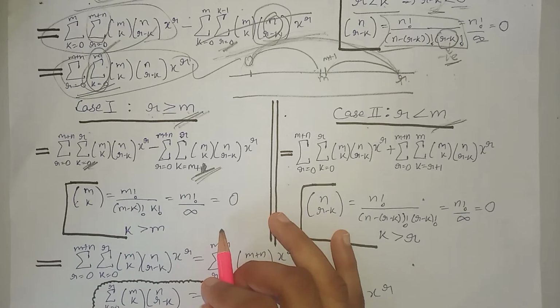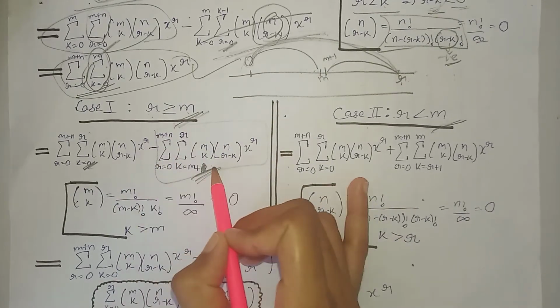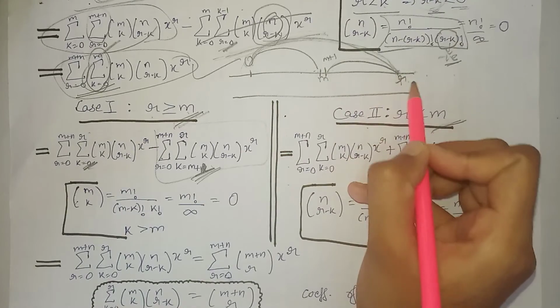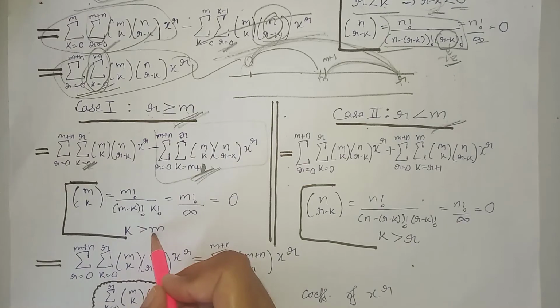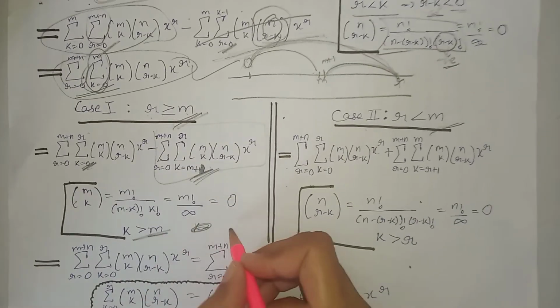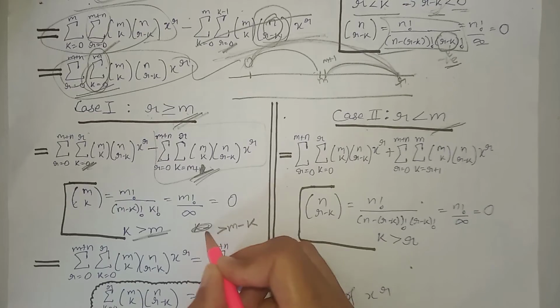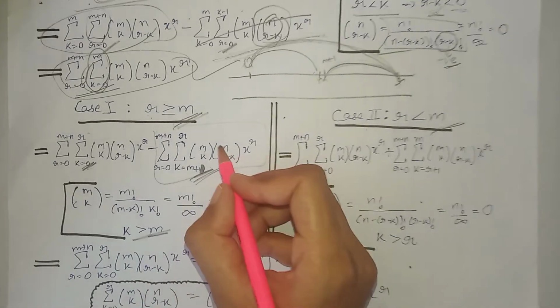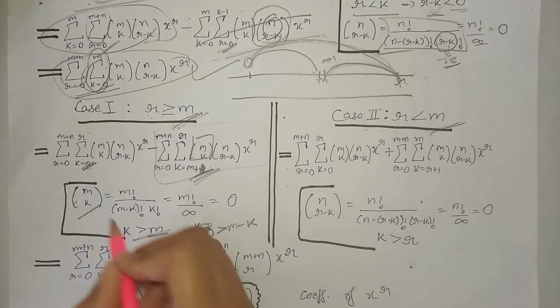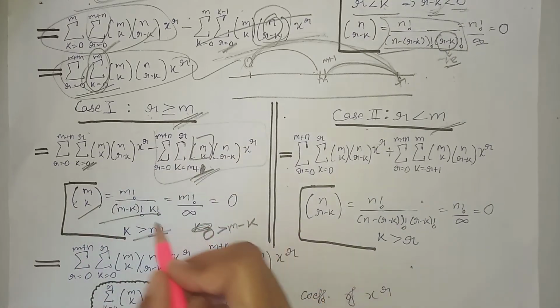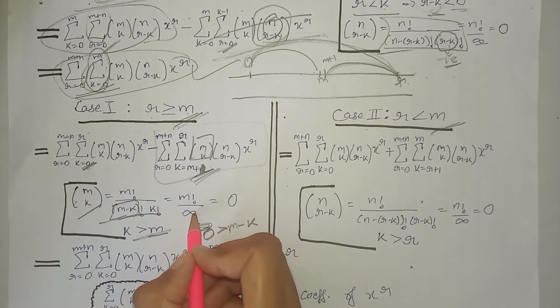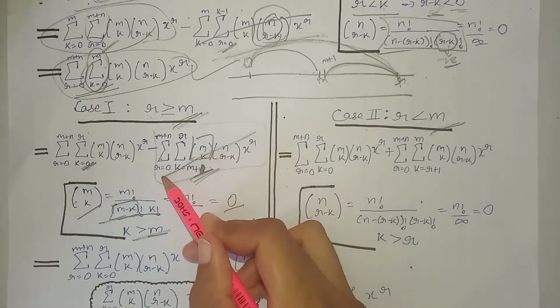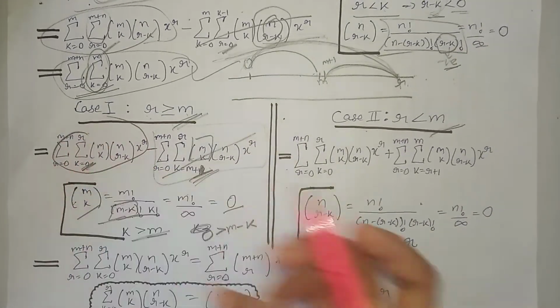Now again we can see that in this second term we are using this interval, in which our value is greater than m. So the value for k is greater than m. We can also say that m minus k is less than 0. So now we will expand this combination like this, and we are saying m minus k is less than 0, and we know that if we have a negative term inside the factorial it will become infinity. Something upon infinity is 0. That means this whole term is 0 and we are left with only this term.